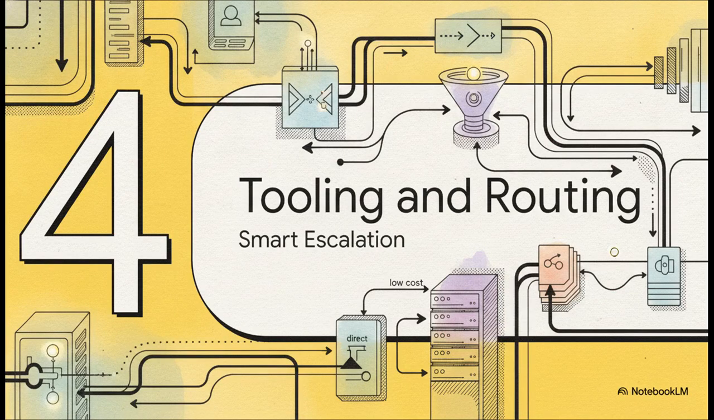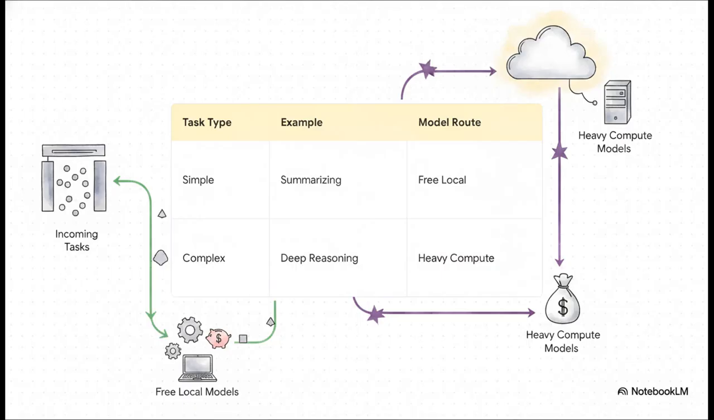Moving right along to Section 4, smart tooling and routing. So not every user prompt requires a massive, heavy-hitting, expensive model. An effective architecture utilizes task escalation to essentially triage incoming tasks. Notice here how simple tasks, things like formatting data, summarizing text, or just classifying intent, get routed straight to lightweight, often entirely free models that you can run locally. Meanwhile, your heavy, compute-intensive models, where token consumption really hurts your wallet, are exclusively reserved for complex tasks requiring deep